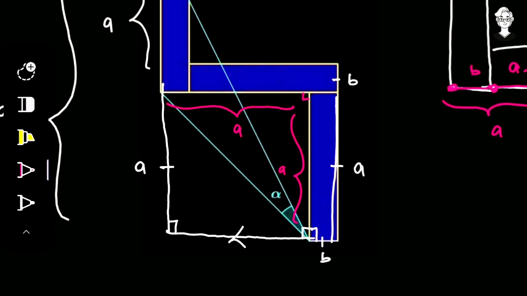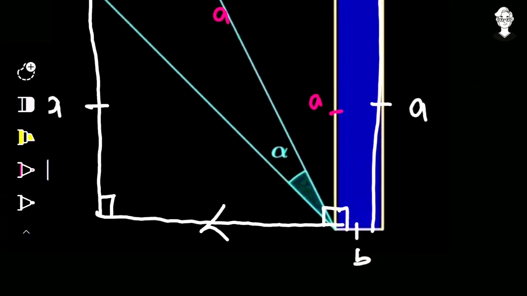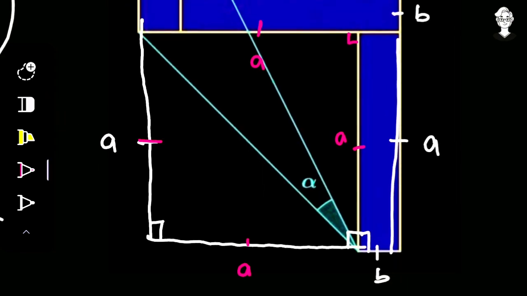Yes, and this is a square having all its four sides equal to a. So let me mark that over here: this side is a, this side is a, this base is also equal to a, removing this parallel sign. Yes, this base is also equal to a, and over here, it's a. Now these things have been marked.